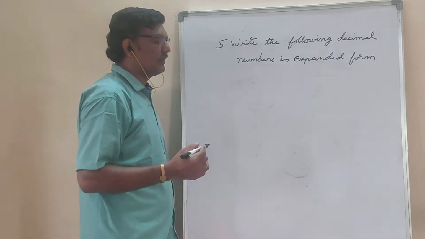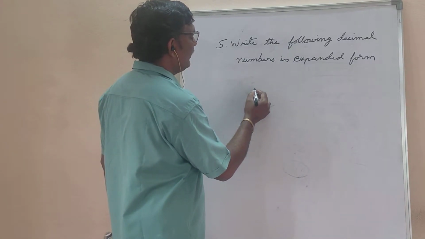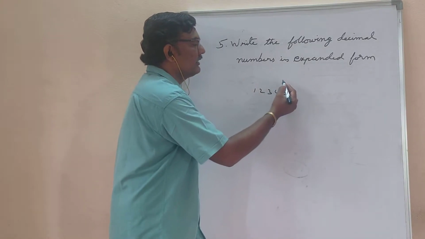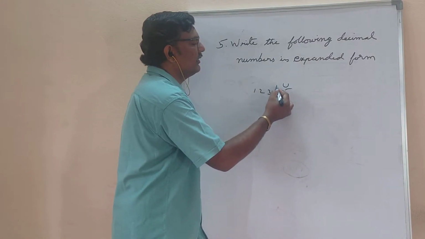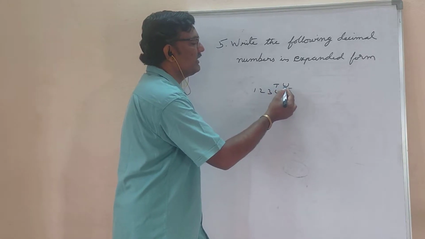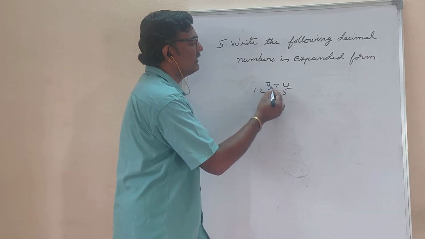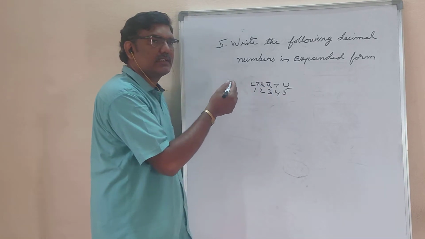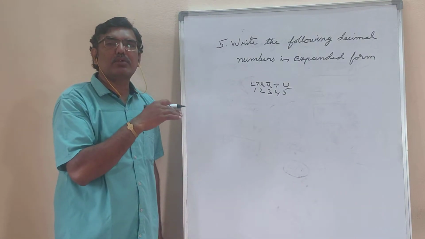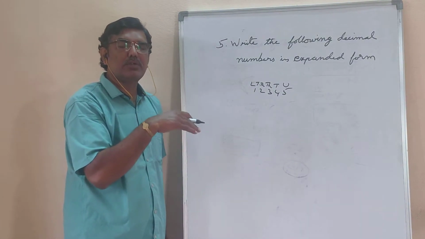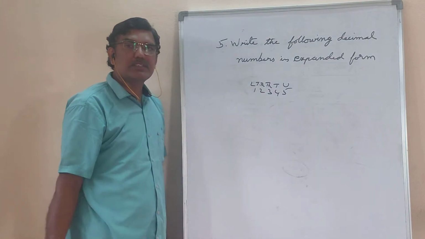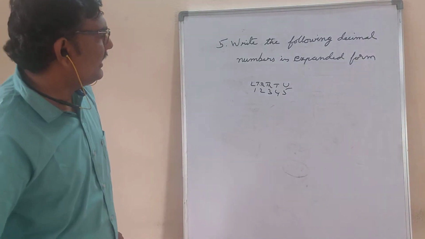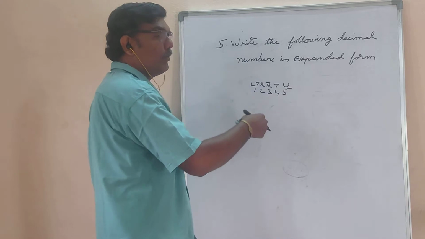So first we'll see it here. If I write any number like 1, 2, 3, 4, it starts with the units digit here, then tens digit, then hundreds, thousands, ten thousands, lakh, ten lakhs, crore, ten crores, hundred crores, thousand crores, like that. It is called the number system, the Hindu Arabic system. These are the terms before the point.